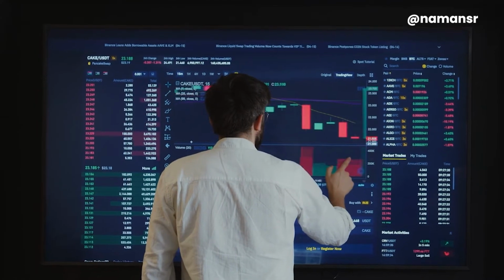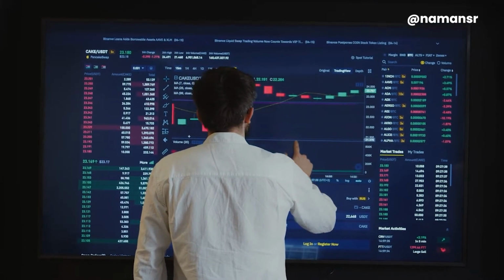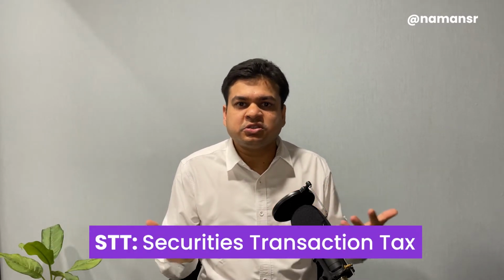In the stock market, there is something called securities transaction tax. Every transaction that you do in the stock market, whether you make a loss or a profit, you have to pay some tax to the government. And then there is long-term capital gain tax or short-term capital gain tax, where you pay only on the gain that you've had. With STT, there is no way you can hide it because the exchanges control it and they will tax you in every transaction. As a trader, one doesn't even realize immediately how much tax they are paying, because it comes as a cost of doing business. But when it comes to LTCG or STCG, the capital gain tax, people actually realize it, and it pains them to give that.